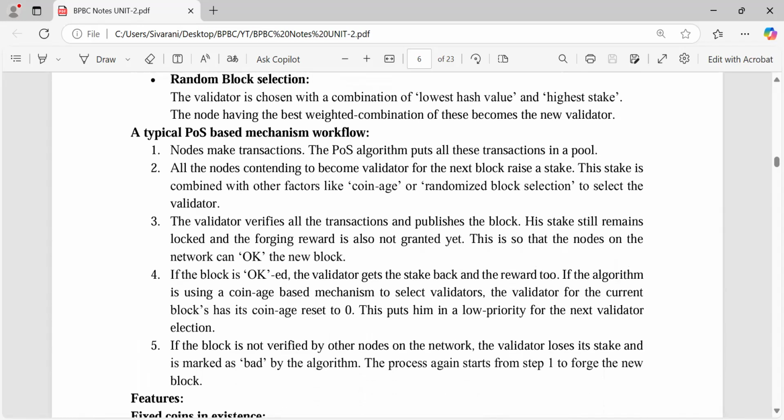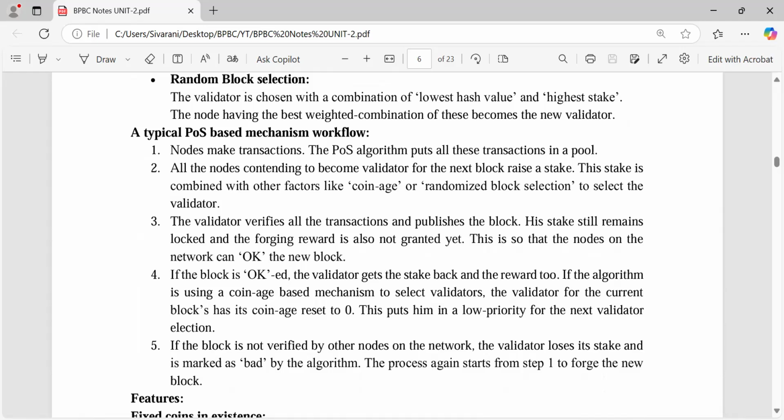What is the POS based mechanism workflow? First, a node makes transactions. The proof of stake algorithm puts all these transactions in a pool. All the nodes that want to become a validator for the next block raise a stake. After raising the stake, we use one of two algorithms, coin age or randomized block selection, to select the validator. After selecting the validator, it verifies all the transactions and publishes the block. His stake still remains locked and the forging reward is not granted yet,